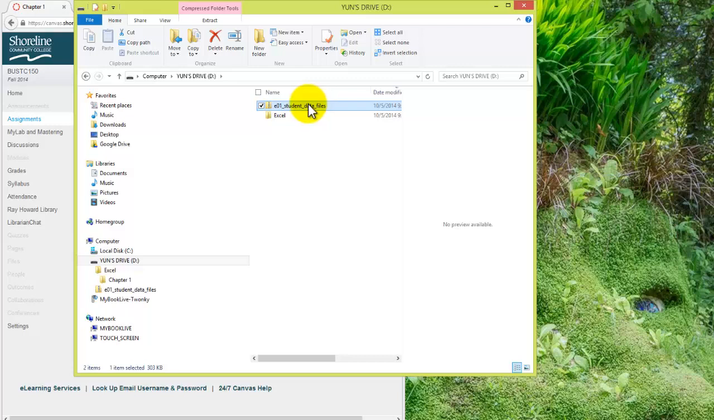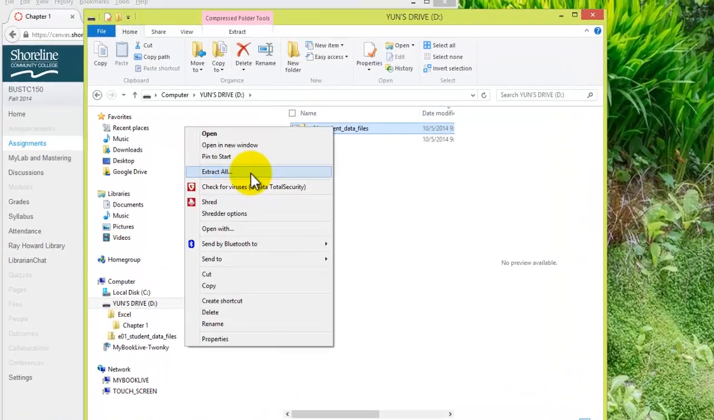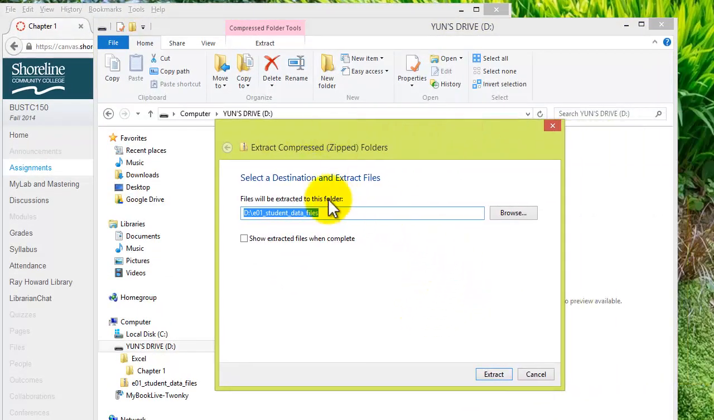So let's do that. Right click on it and then go down to extract all. Extracting is basically the same thing as unpacking the package. So extract all, and here it's going to say select a destination and extract files. That means you are specifying where you want to unpack or unzip this file into. So go ahead and click on Browse,